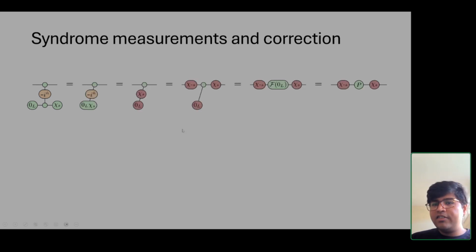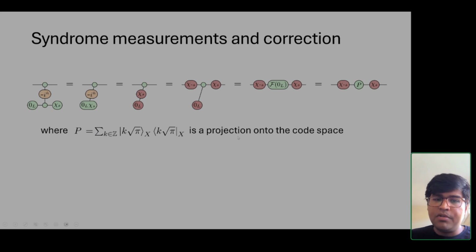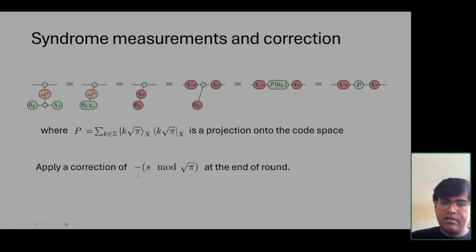And by applying some rewrites, you can derive this to be the diagram here, and we have projection at the end, which simply projects onto the code space. And to correct for the errors, we need to apply a shift of minus n mod square root of pi. So if our GKP is slightly shifted, slightly displaced, we can correct it by applying this correction at the end. But if it has shifted too far, then applying the correction would result in a logical